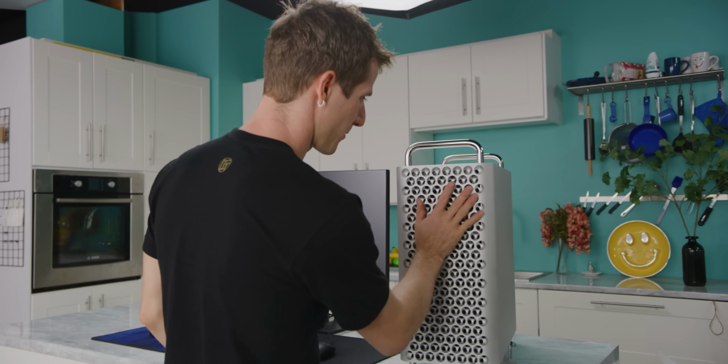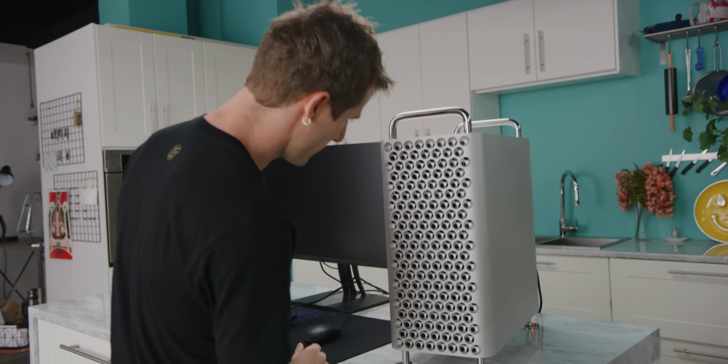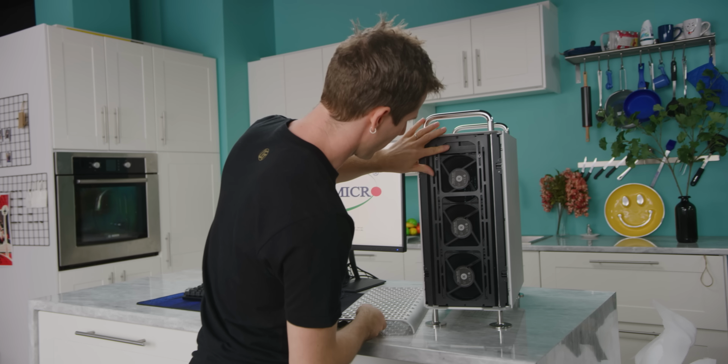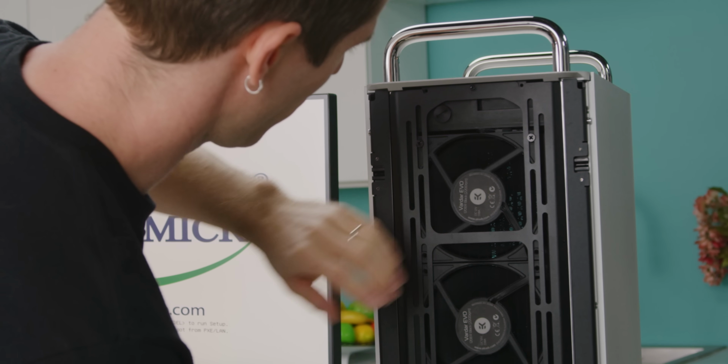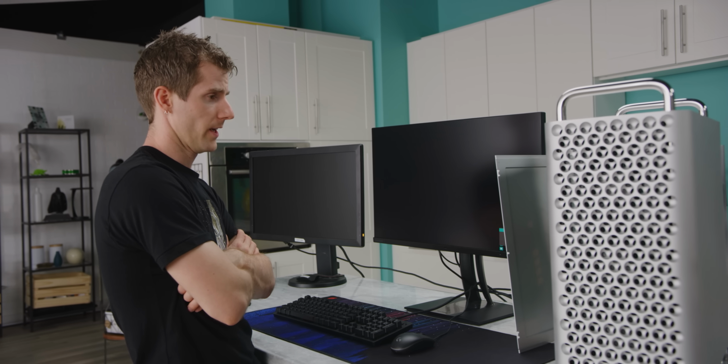All right. It's probably running everything full bore right now. Theoretically, this is very simple to top up. Man, these fans are going full ham right now too. Okay, so we haven't had much